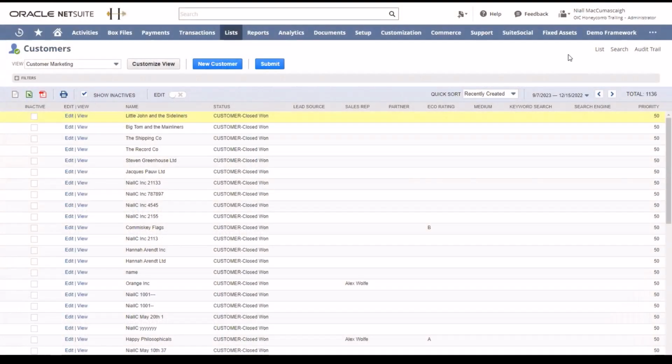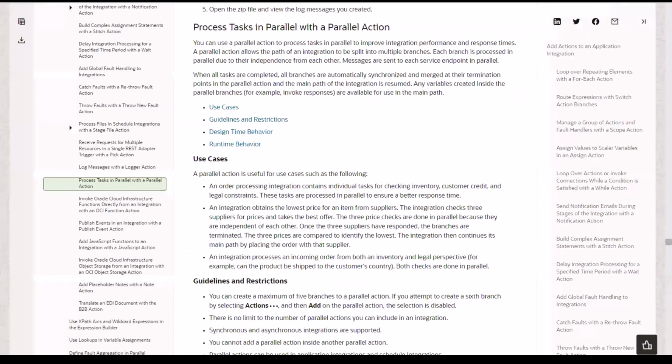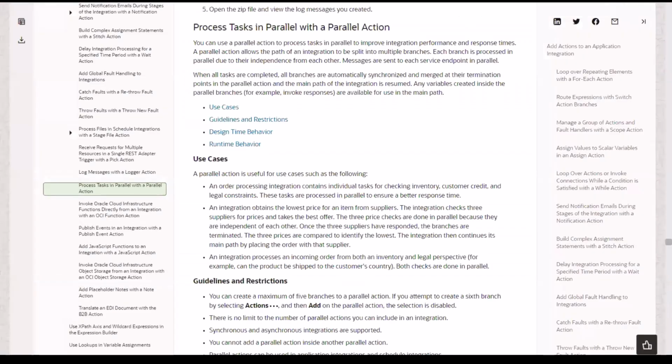Welcome to this short video on parallel processing in OIC. So what is actual parallel processing? The parallel action allows us to process tasks in parallel to improve integration performance and response time. So the path of the integration can be split into multiple branches, up to 5 branches, and these branches